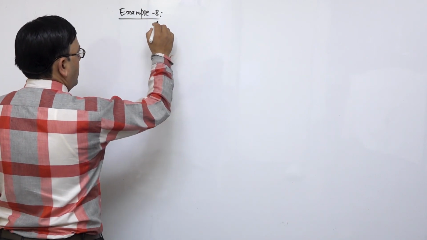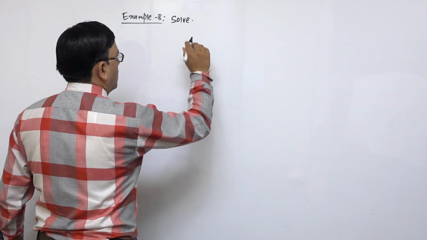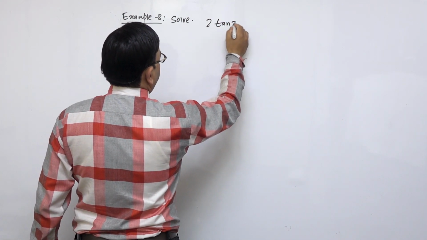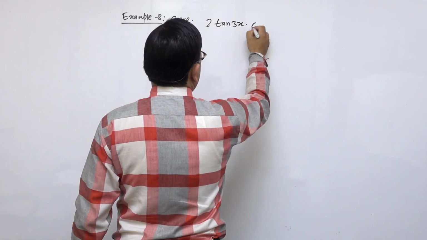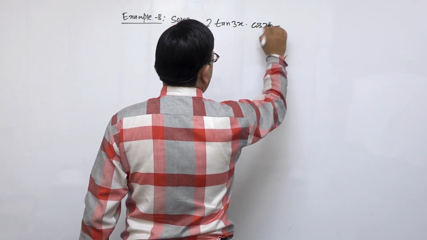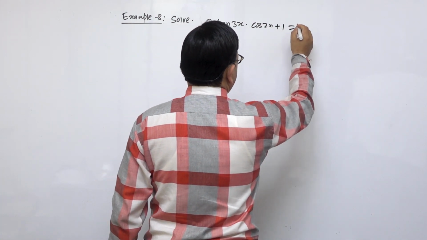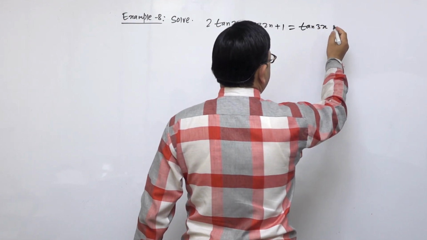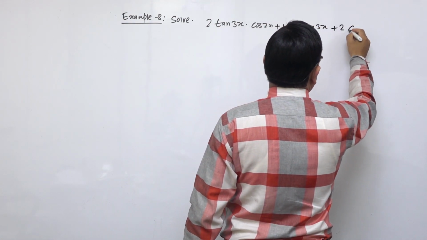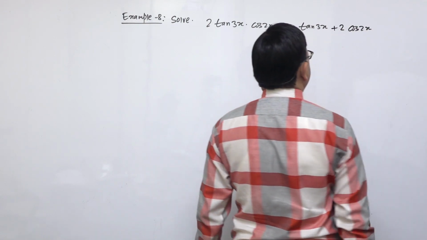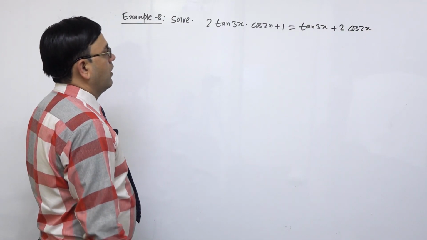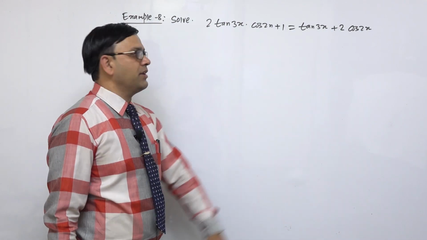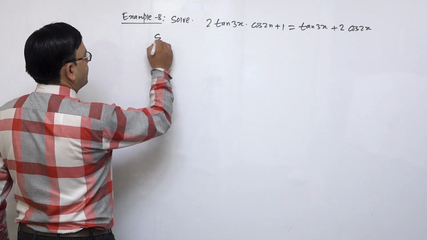So our question is: solve, tan 3x times cos 2x plus 1 is equal to tan 3x plus 2 cos 2x. This question is of a different type than the other question. So solution,